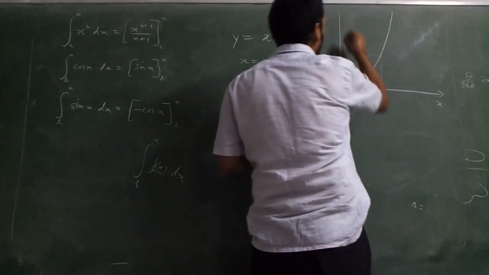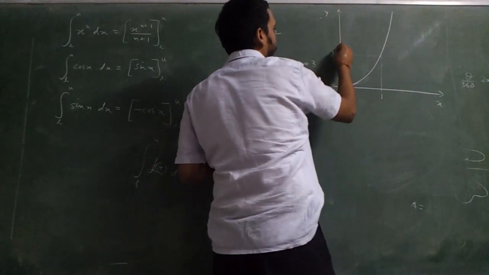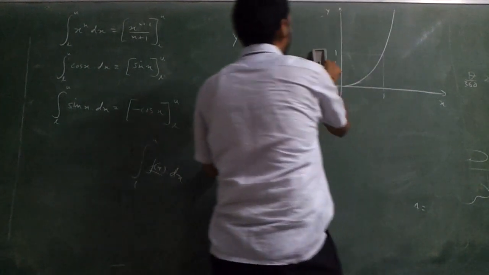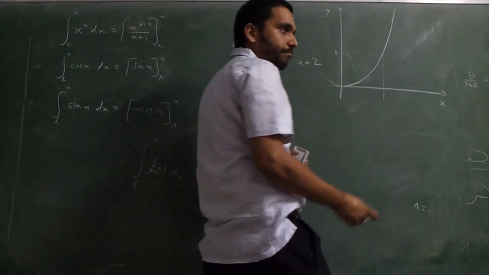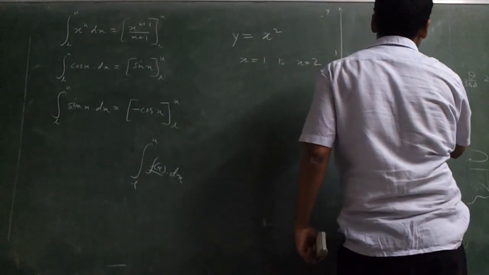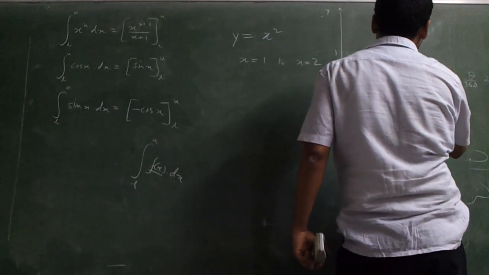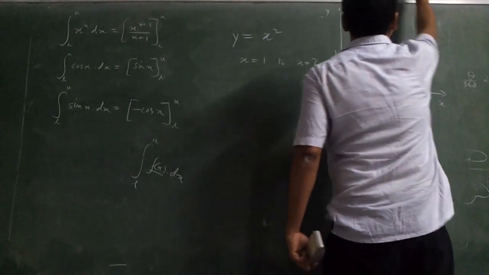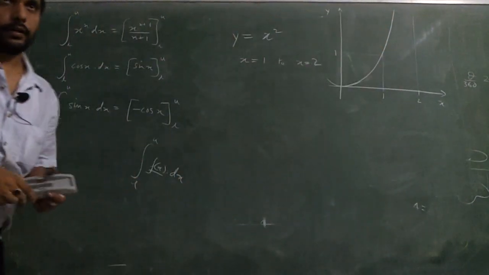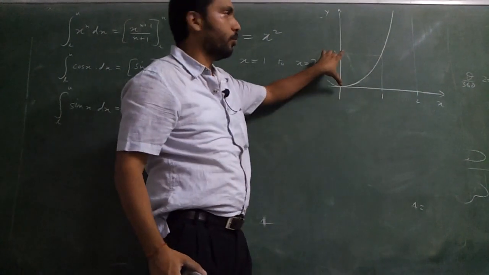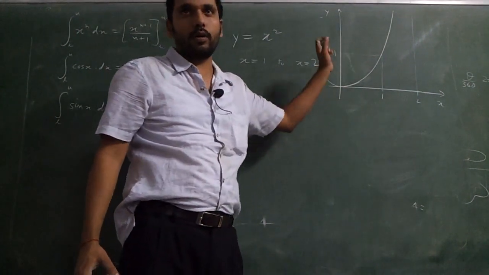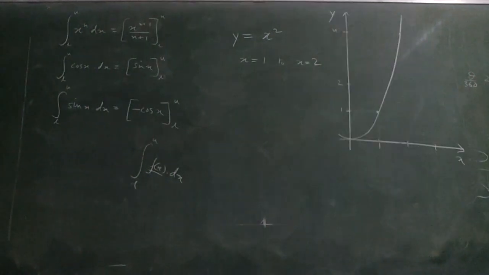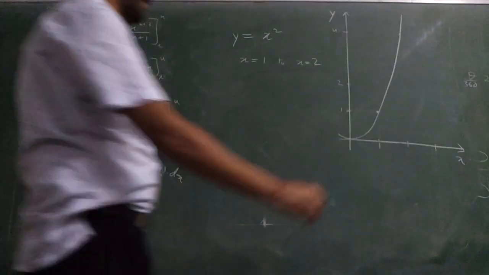When x is equal to 1, y is equal to 1. And when x is equal to 2, say do it for 1 to 2, y is equal to how much? 4. It's not coming in this, so you can imagine it is equal to 4 over there. You see this one length is almost equal to 1. I have drawn that way. You also draw, don't draw a rough graph, draw it in the ratio. So you have to find this area.